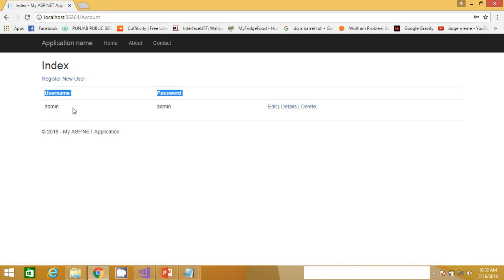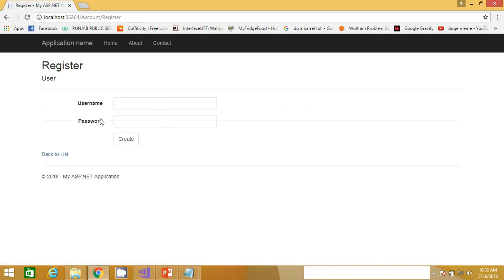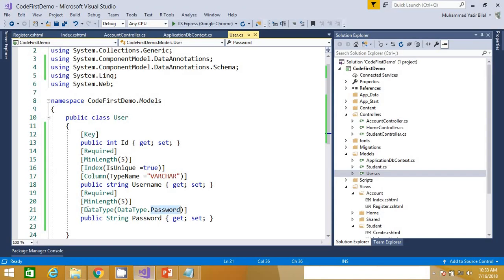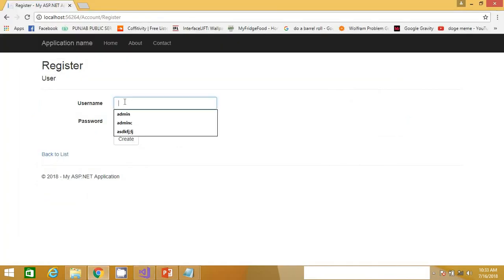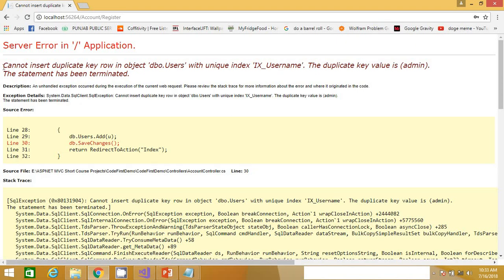Let's again try to create the same username user. Because we have made the username unique, it will throw some error, and that will be technically true. I again want to add admin and admin password. It will throw the duplicate error. You can clearly see here, cannot insert duplicate key in row